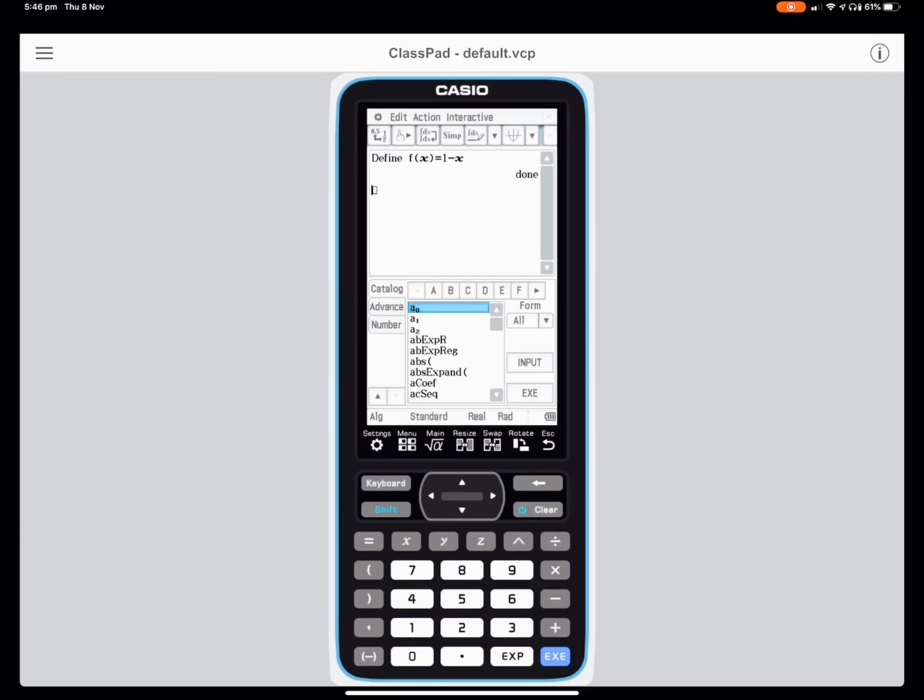Then we want to judge, double click, was it